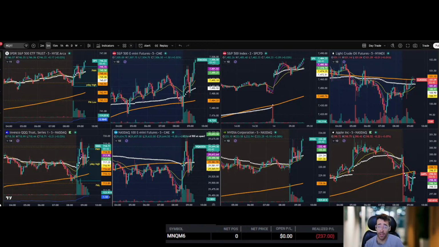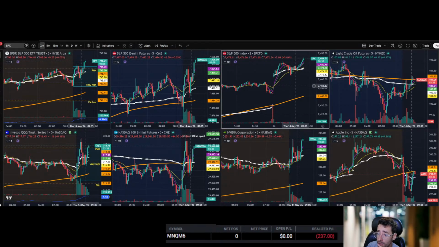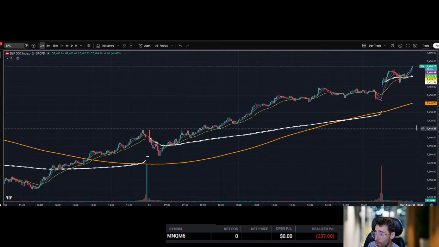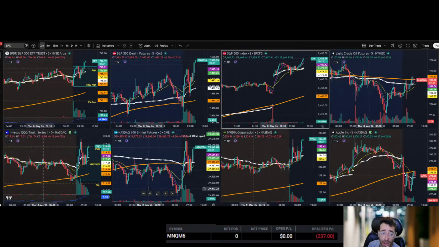It's hard trading all time highs because you don't know where to go long into. If I was long right now, I would be looking for 7,500 on SPX. That would be my target. I would trim at 74.90 and full sell at 7,500. That's what I would do.